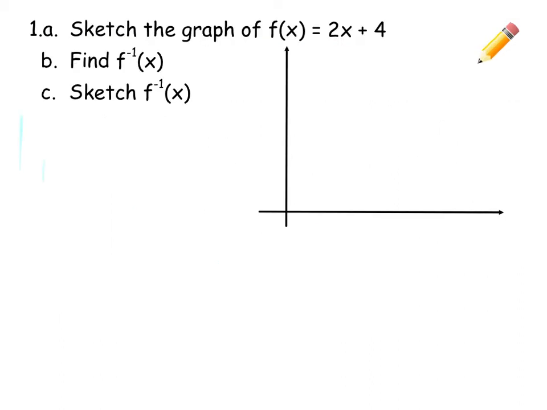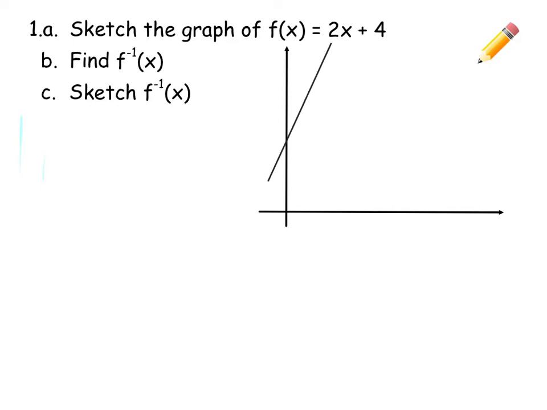Okay, for this one here, we have to sketch the line of 2x plus 4. We have then to find the inverse mathematically, and then we have to sketch it. So finding it mathematically should also prove that the inverse sketch works. So the line of 2x plus 4 is a line with a gradient greater than 45 degrees and a y-intercept of 4. So I'm just going to draw what I think would be a suitable line, if you bear with me. So a suitable line would be